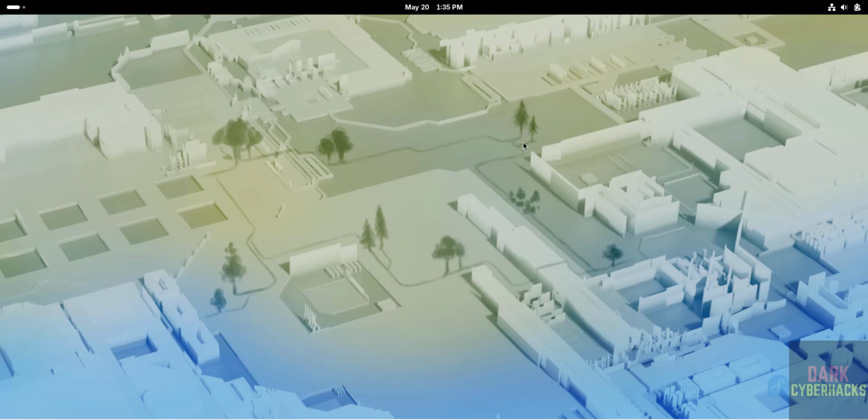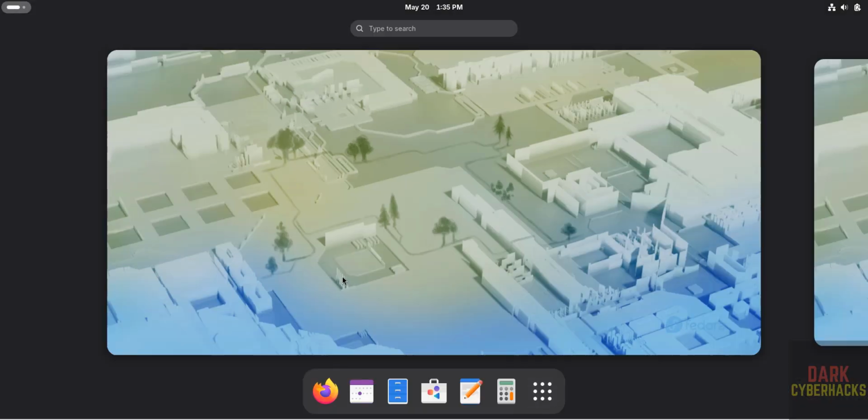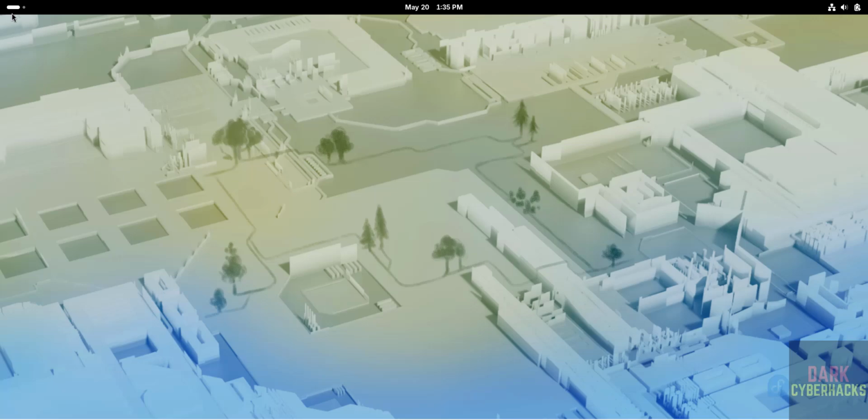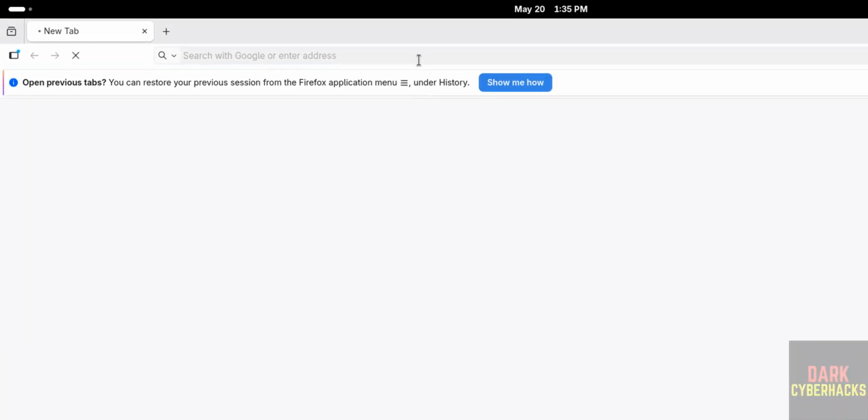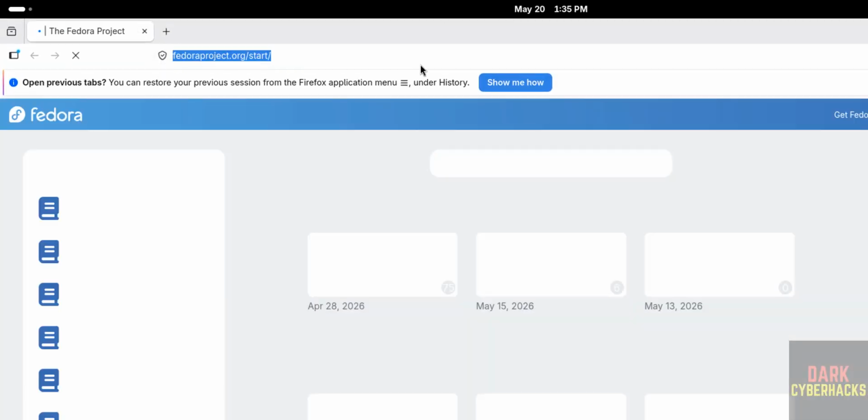Hello everyone, in this video we will see how to install Tor Browser latest version, that is 15.0, on Fedora Linux 44. Okay, first open the default web browser that comes with Fedora Linux, that is Firefox. Then go to Tor Browser official website,